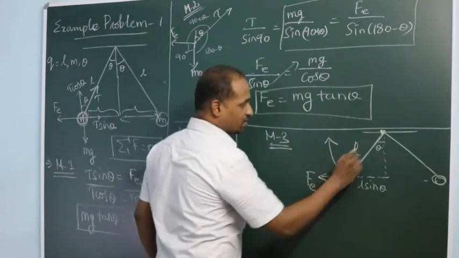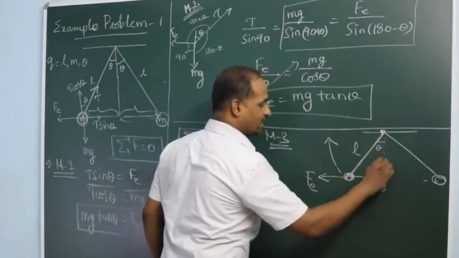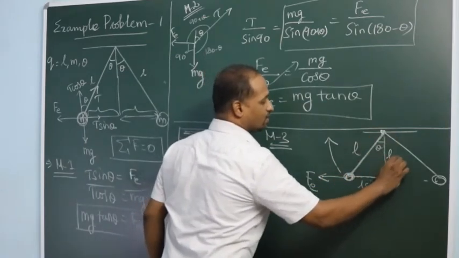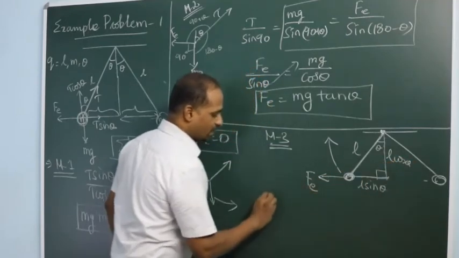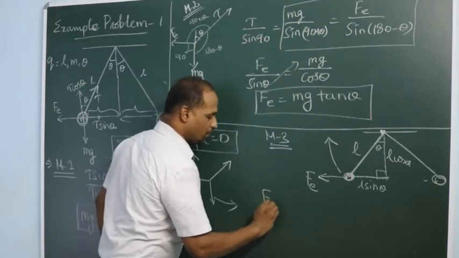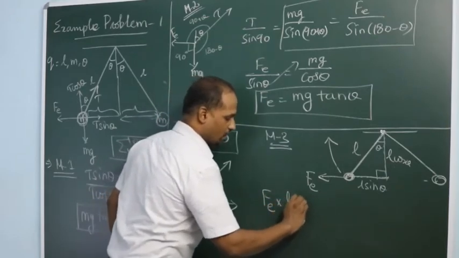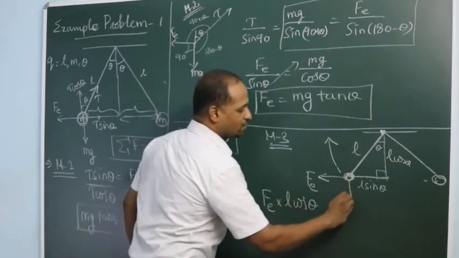So there are two distances to the point of suspension. One is L sine theta and this one is L cos theta. So which is perpendicular to this force? Fe L cos theta. Then torque this way is equal to Fe into L cos theta, which is balanced by